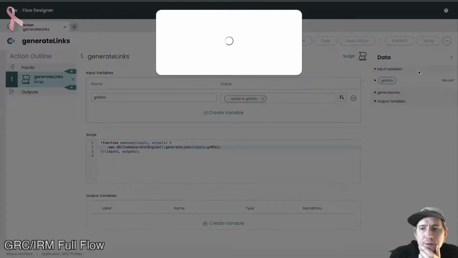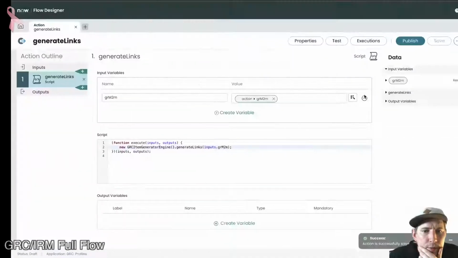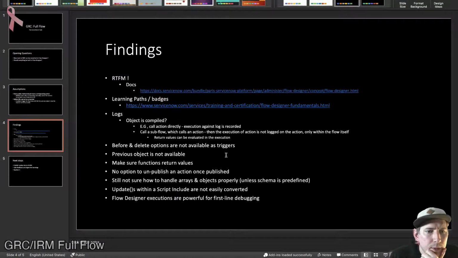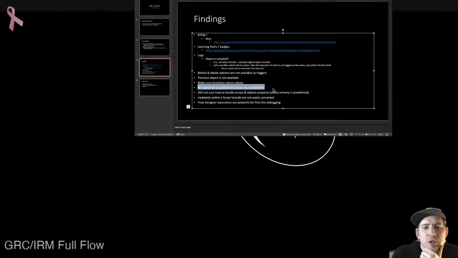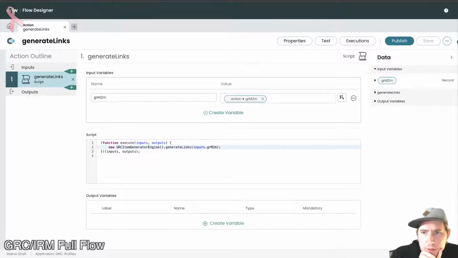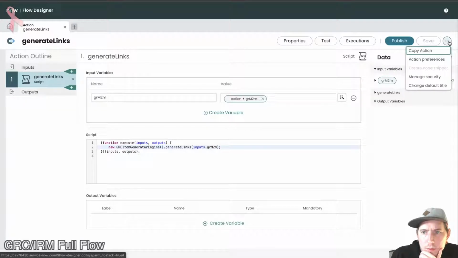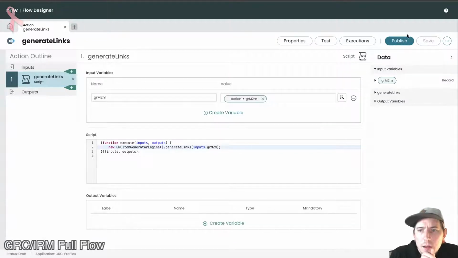So generate links, and literally it's that simple. If I save this, so one of my findings before Quebec was no option to unpublish an action once published. So if you get a record in Explore, you can run it and see the output exactly. We start going down the road that I was talking to you about of when I start clicking into the object,